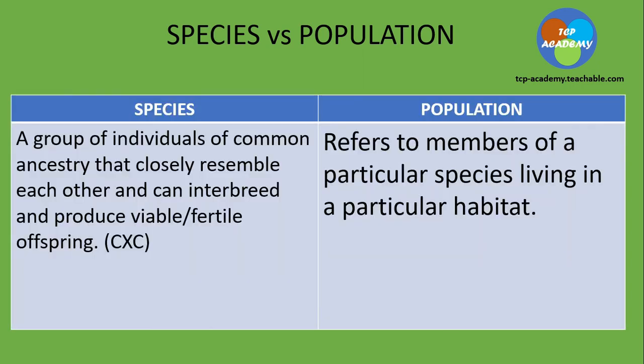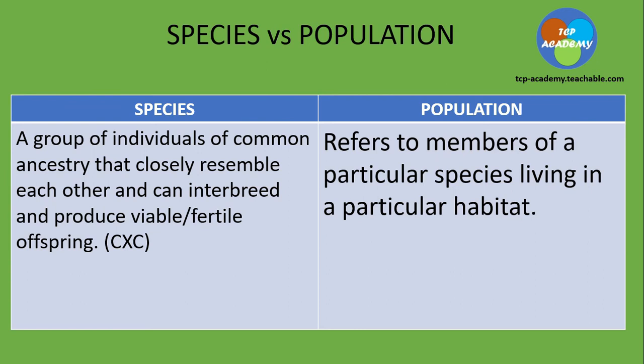Now, a species refers to a group of individuals of common ancestry that are closely related to each other and can interbreed to produce viable, fertile offspring. And that extract there comes pretty much from the CXC syllabus. Simply put, species refer to organisms that are able to interbreed, and the offspring must be able to produce offspring